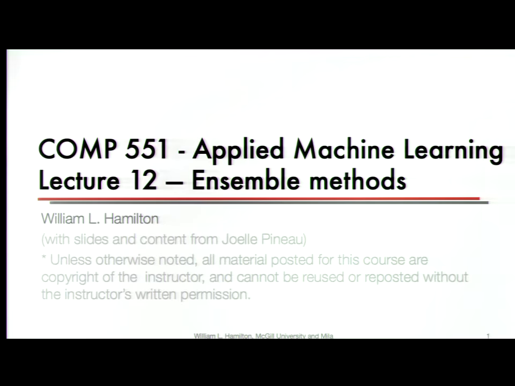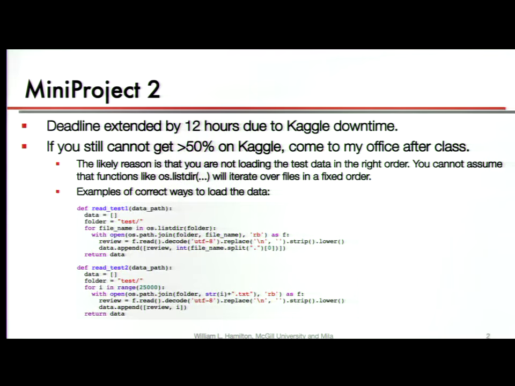So yes, the mini project has been delayed or extended by 12 hours because Kaggle has a downtime right on the day where the assignment was due. So it's poor timing, but I guess it's lucky for you in case you need that extra 12 hours. And I think in principle that means you get two more submissions. So I guess lucky for everybody. I think if you did two submissions in the morning and then two submissions the next day, I'm not entirely certain there. So yes, mini projects have been extended by 12 hours. That's reflected on the assignment submission page in my courses, but it sounds like the schedule on the course website still needs to be fixed.